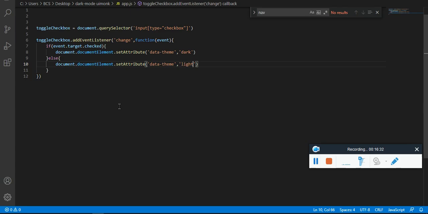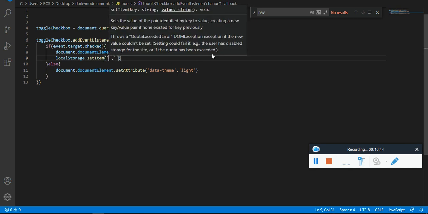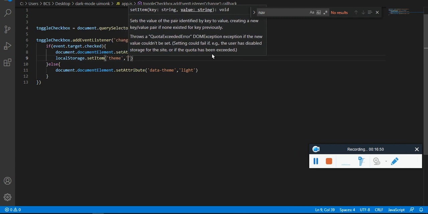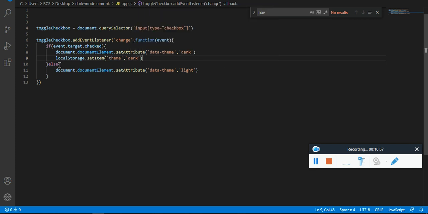So to store the value, what we are going to do is get the localStorage.setItem. We are going to set an item, so you can have any key value. The first one is going to be the key. Let me name it as key itself, or to make it a little more professional, theme will be right. And the value is going to be dark. Since we are in the dark block, I am using dark. Now in the light block, we'll make this light.